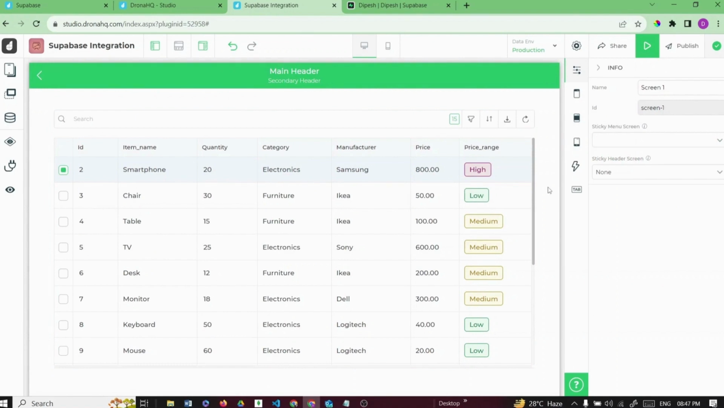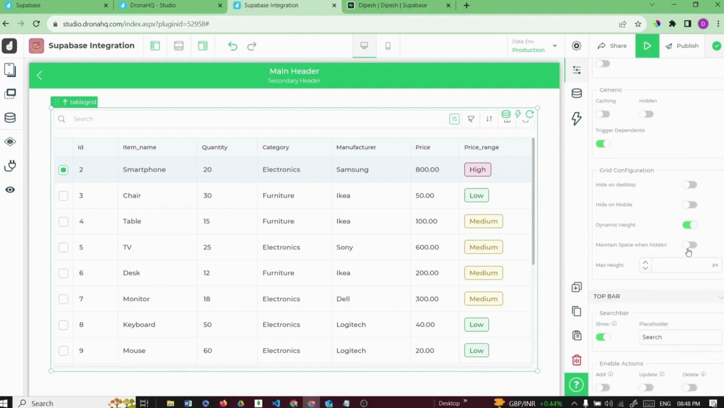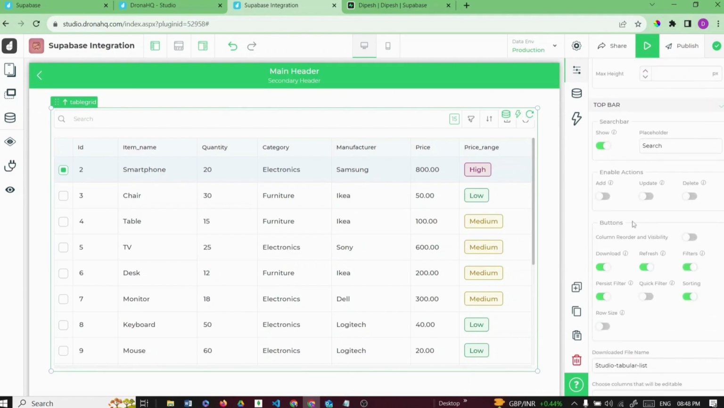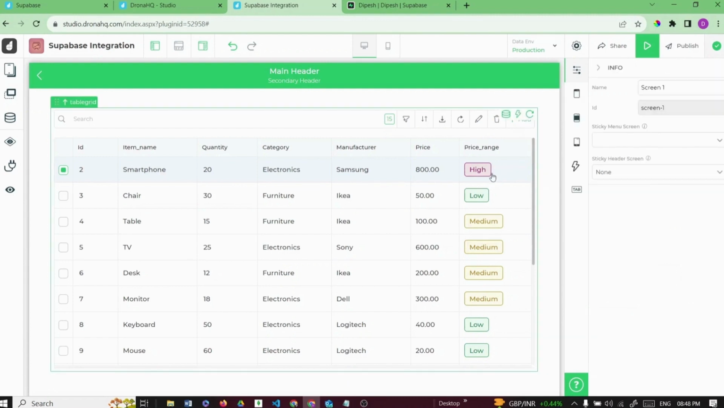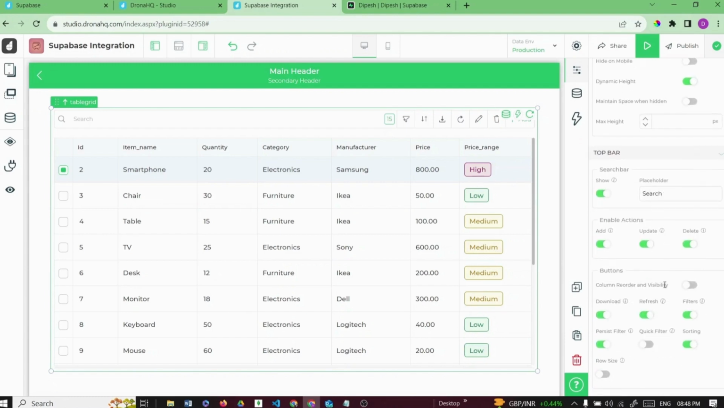Now, if we want to enable inline editing in a table, how can we do that? I'll quickly guide through the process. First of all, let's check out the properties, what all we require. So there is an add button, update button, and delete button. If I toggle them on, I will see the update button, delete button, and the add button in my table header. This is for updating a single row. But if we are looking to change multiple rows, we do it differently. So let's toggle them off for now